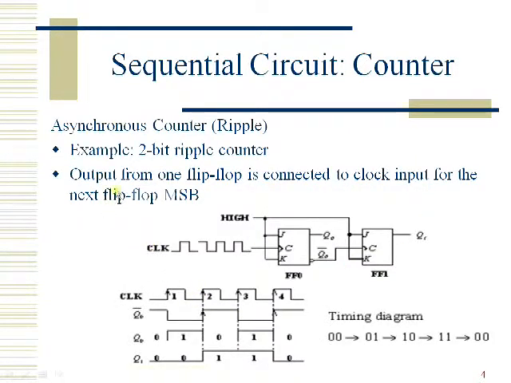Now let us see an example of this ripple counter, that is a 2-bit ripple counter. As you know, in order to implement a 2-bit register, we require two flip-flops. The output from one flip-flop is connected to the clock input of the next flip-flop, that is the MSB. Here Q1 would be the MSB and Q0 would be the LSB. I am taking two JK flip-flops which are implemented as T flip-flops, and these JK inputs are tied to logic high. Whenever we want to implement a ripple counter, we have to go with JK or T flip-flops, and these inputs should be tied to logic high, that is VCC.